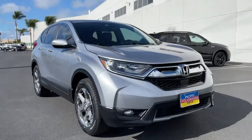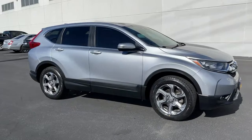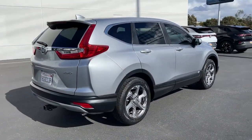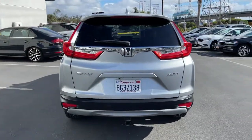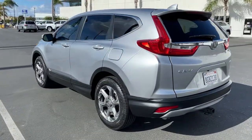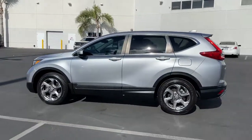You will be amazed by this 2018 Honda CR-V. This vehicle is an outstanding buy with fewer than 45,000 miles on the odometer. Take a closer look at this stylish and up-for-anything CR-V. Its innovative design, premium feel, all-weather capability, and advanced safety and connectivity technology set the standard for small SUVs and